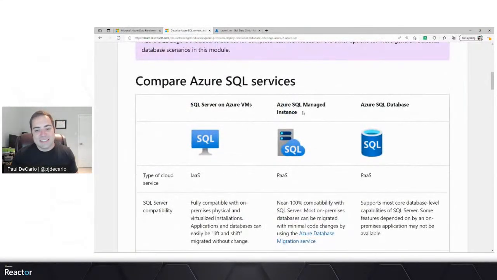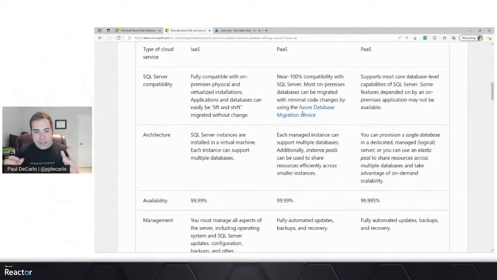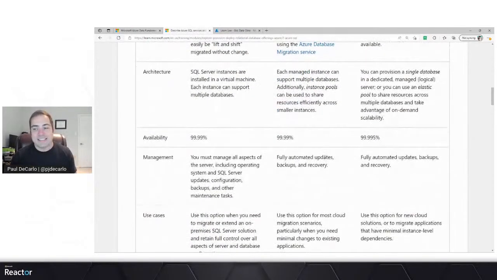Whereas with the managed instance, you'll get an ability to use SQL Server. However, you're also going to get automated updates, backup, and recovery, and the ability to do things like instance pools that can allow you to share across multiple different deployment areas whenever your application needs, say, additional data, or perhaps is in less demand and needs to scale back.